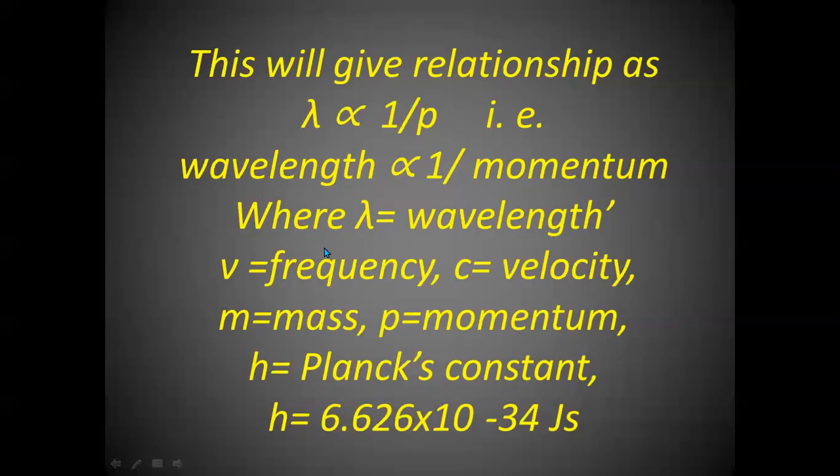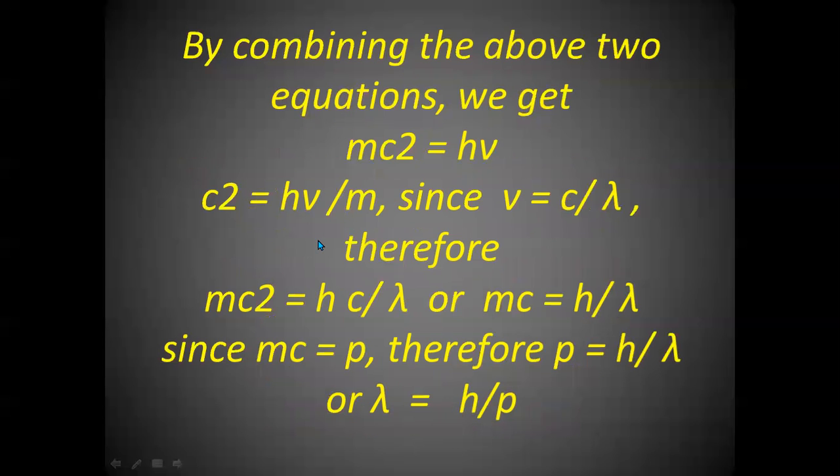Universally, we can say that every body will have both wave nature as well as particle nature. But for a particle like an electron, which is very small and travels with very high speed, the wave nature is important. Whereas for bodies which are big in size, the wave nature is less important.